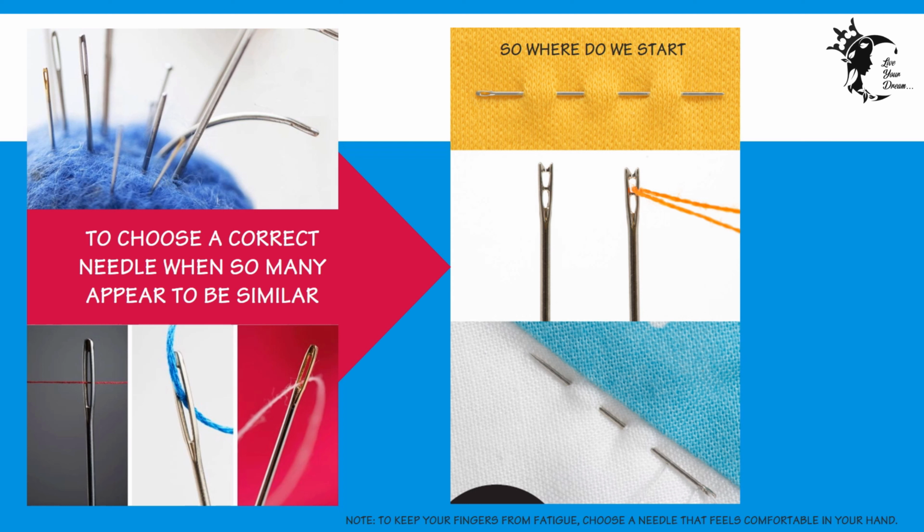Now, the confusion is how to choose the correct needle when so many appear to be similar. Close examination shows that there are important differences like needle length, shaft diameter, type of point, and size of the eye, all different and each having a reason for being. So, where to start? Most needles are named for a particular project. If you don't find a specific needle by name, then think of what that needle has to do for you. For example, handle heavy thread, sew through vinyl, or leave a very tiny hole.